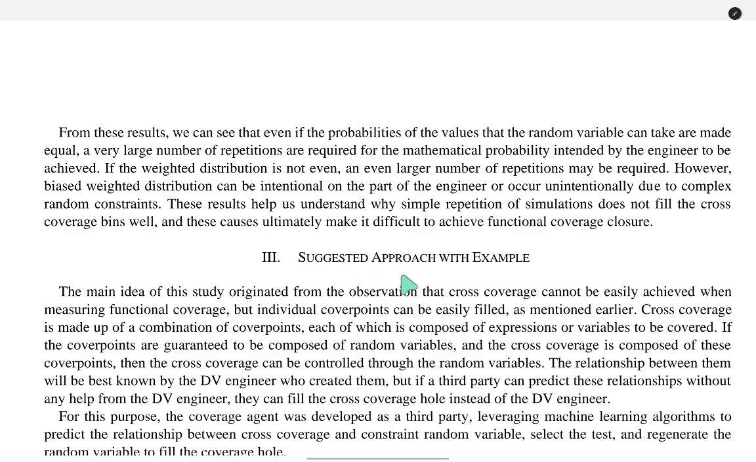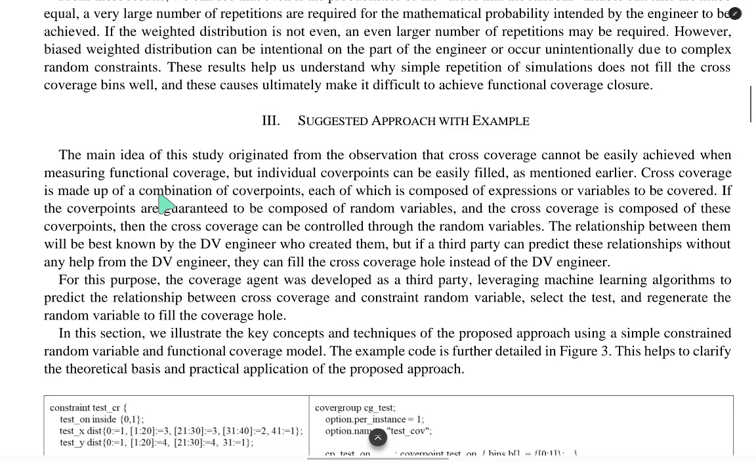Chapter 3. Suggested approach with example. The main idea of this study originated from the observation that cross-coverage cannot be easily achieved when measuring functional coverage, but individual cover points can be easily filled, as mentioned earlier. Cross-coverage is made up of a combination of cover points, each of which is composed of expressions or variables to be covered. If the cover points are guaranteed to be composed of random variables, and the cross-coverage is composed of these cover points, then the cross-coverage can be controlled